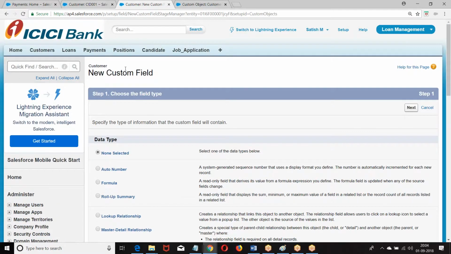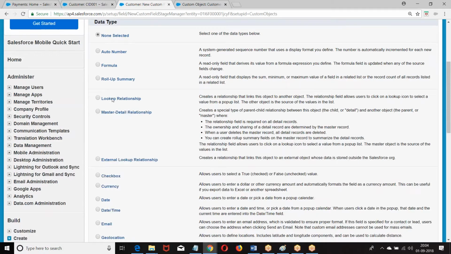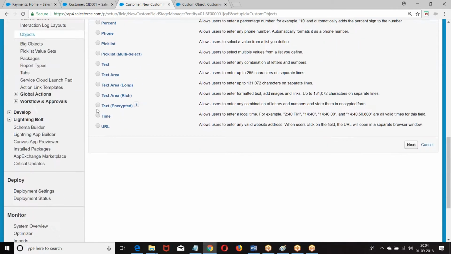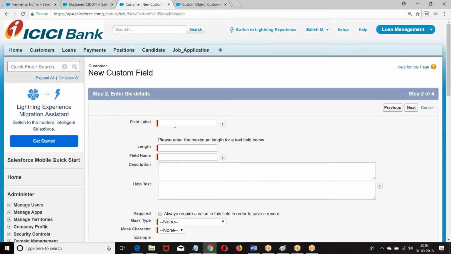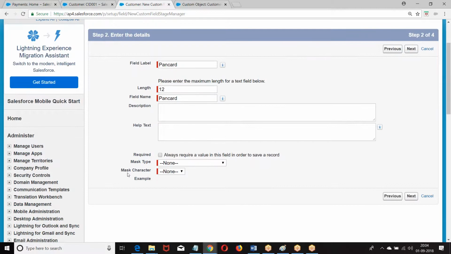We have a new text encrypted field. Now they ask for the mask character, mask the star or X. What do you want to mask?